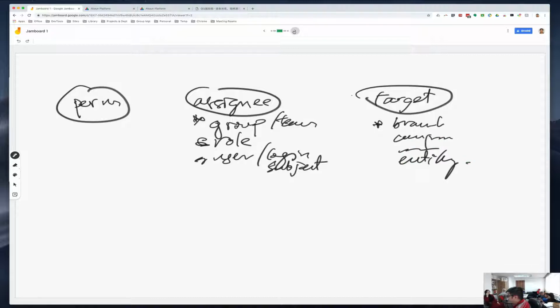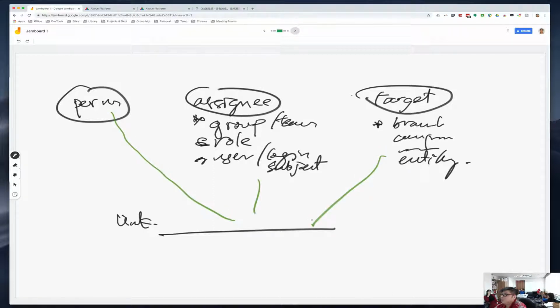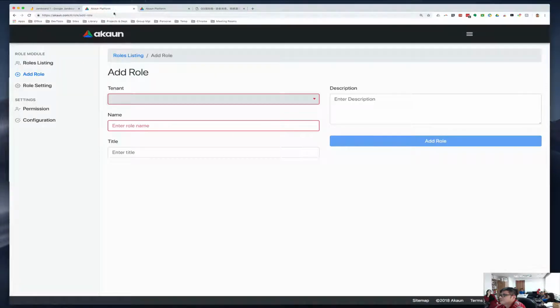Okay, now, and then we have a table that is called the link table. This is the permission assignee link table. And this table is the one table that actually links all these things together. Okay, so this table, then it will be linked together. Now, if you go back to this screen